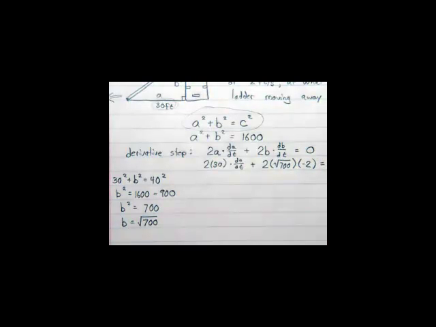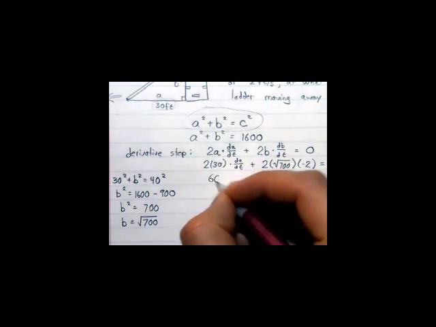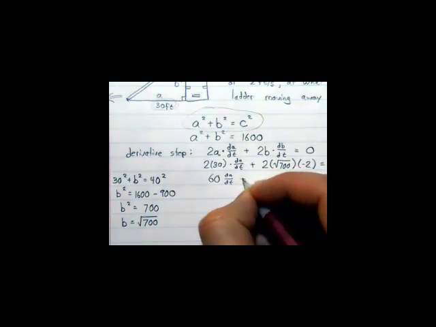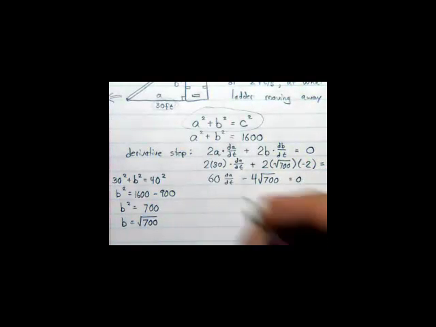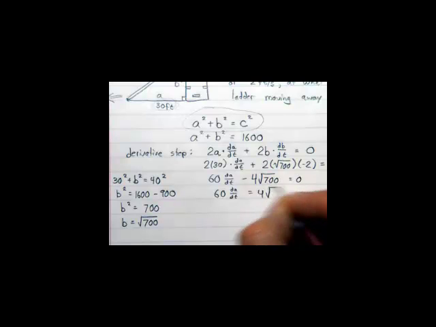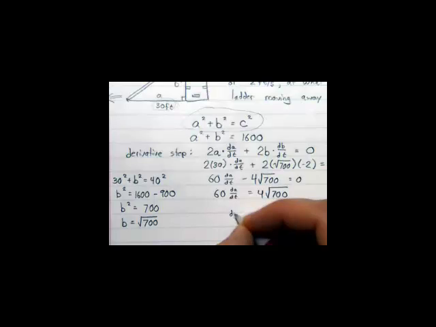Okay. Now I just got to crunch my numbers and solve for what's missing. Okay. So 2 times 30 is 60 dA dt plus, minus 4 square root of 700 equals 0. So 60 dA dt equals 4 square root 700. I gotta go get some decimals now. So 4 times the square root of 700. Okay, and then that divided by 60. So I get dA dt equals